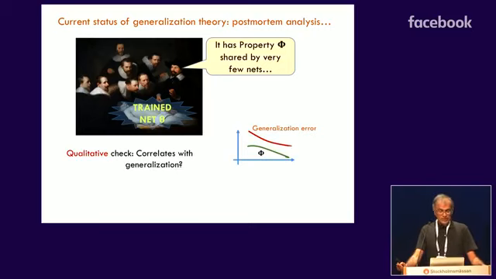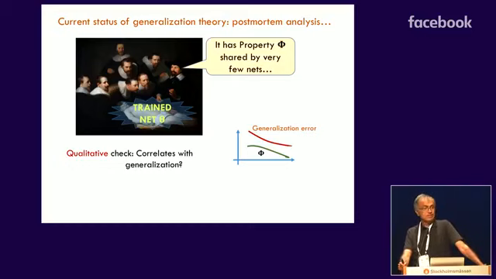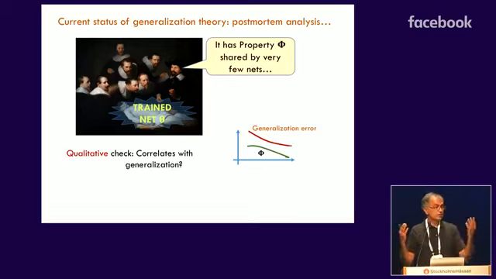So people are trying to come up with these properties. And the first check you do is a qualitative check. Does it correlate with generalization? So I've shown you all these experiments, and there are others known, where you mess with the data, introduce corruptions, etc. And so the generalization error changes. And you check whether this property phi correlates with better generalization. So some qualitative plot like this appears in some papers, in recent papers in the last year or two. And so that's like suggesting that, okay, this property is the explanation for generalization.